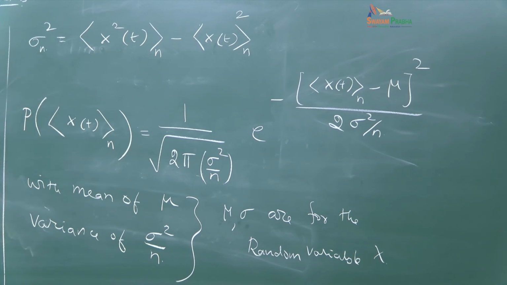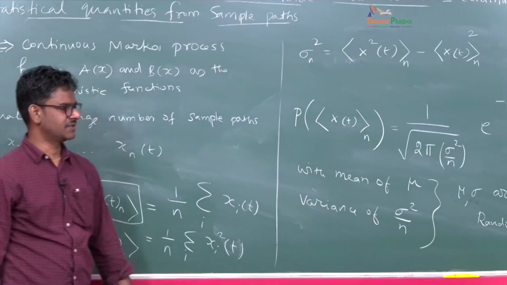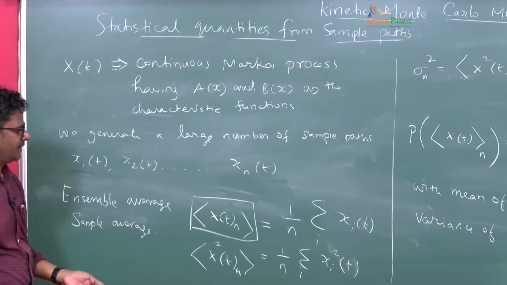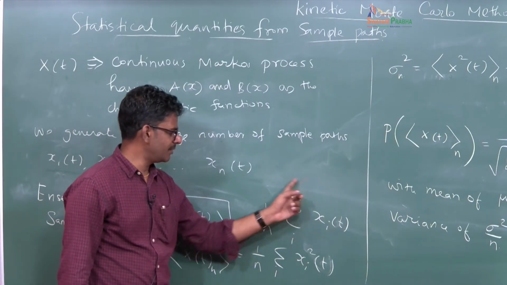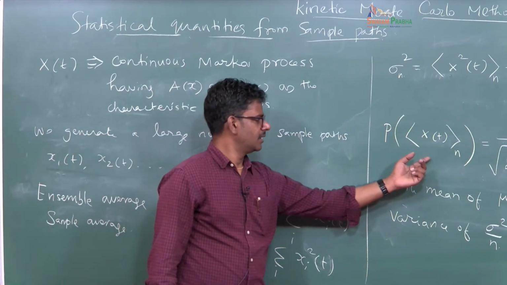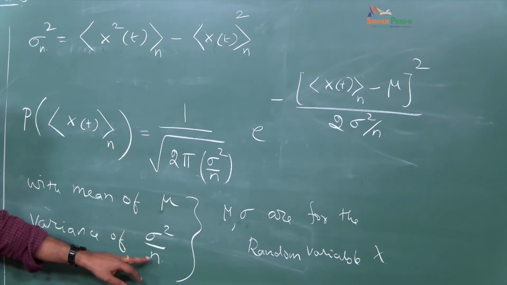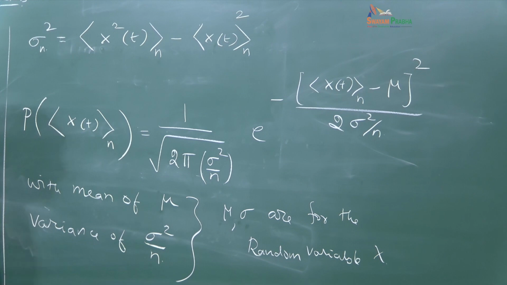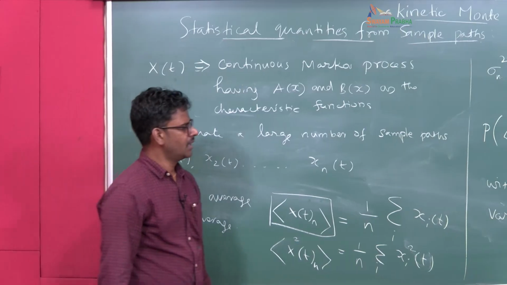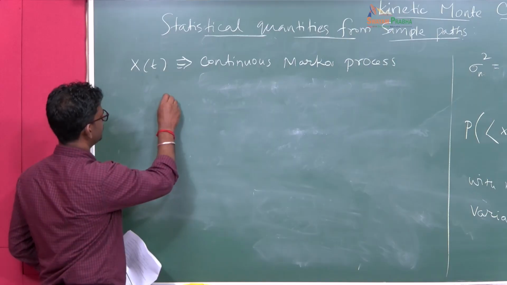Now the question is, how much are we sure about this mean and this standard deviation for a given n number of samples? To answer that question, what we establish here is that this mean value, which you are getting as an average of the sample values, will have a Gaussian character with the same mean mu and the variance of sigma square by n, where this mu and sigma square are the mean and variance of these variables. And what we can show from here, so we report that the